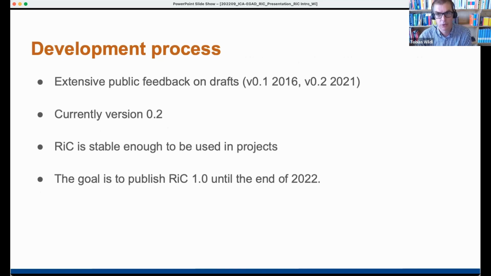So the development process as it is now in September of 2022. We made two phases where we were looking for extensive public feedback. That was in 2016 with version 0.1, and then we have had huge changes from version 0.1 to the current version 0.2. Another feedback phase was done in